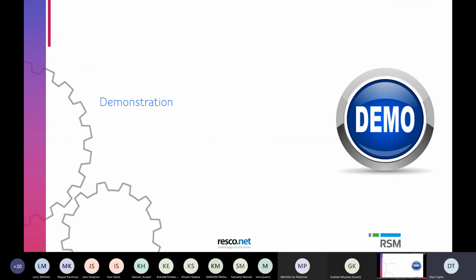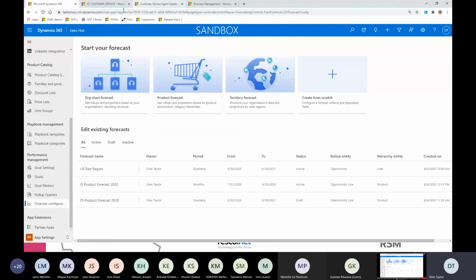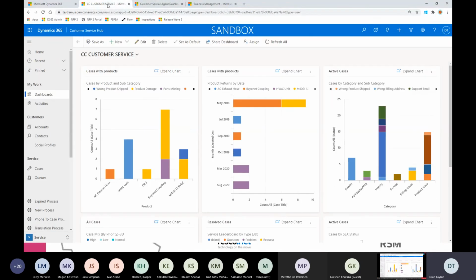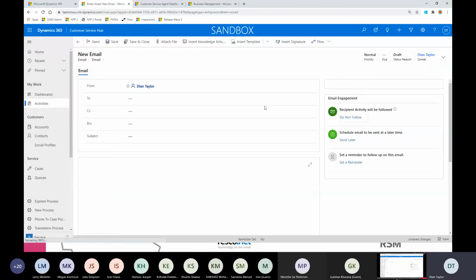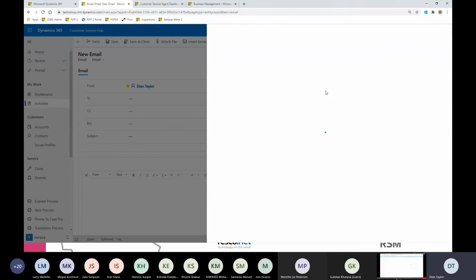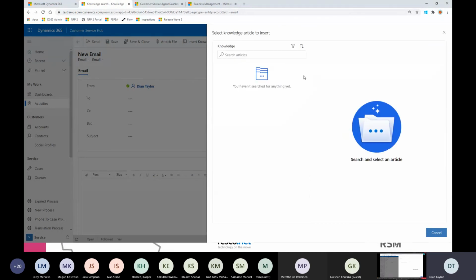So let's go ahead and demonstrate customer service right now. I have it open right over here. So let's first of all open an email message, and let me show you that insert. Here we go. So here is that insert knowledge base article, right? So I can just go ahead and click on that. And remember, this is that preview. So I'm just going to go ahead and search for travel. And of course, now it's not